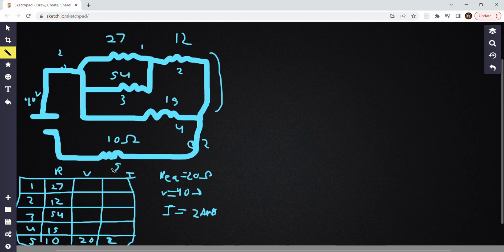After we find the first one, since there's a total voltage of 40, this right here will get the remaining 20 volts, because you can picture this as series. So 40 minus 20 is equal to 20. So this one has 20 volts, and to get the amps, we just do 20 over 15,